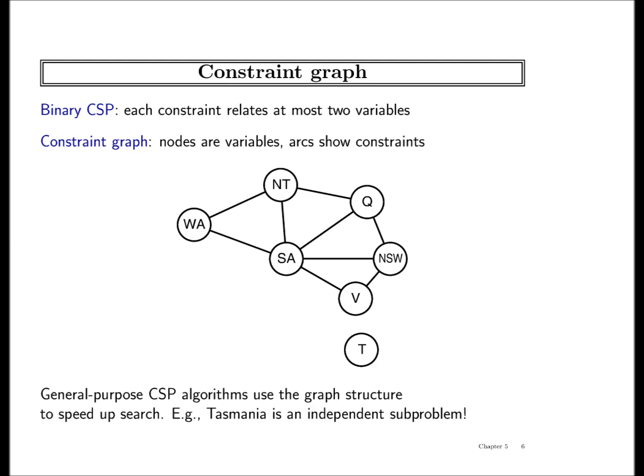So constraint graph is only for binary CSP, right? No, I have just defined a constraint graph for binary CSP so far. Can it be for more than binary? We can create a new graph which shows you the constraints. We'll just show how to represent it. But you're running ahead of me. What I would tell you or show you is that any CSP can be converted into a binary CSP, and so just dealing with binary CSP is good enough for us. And so arc means edge, right? Yes. Thank you.